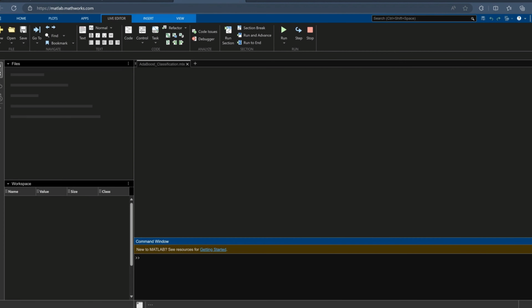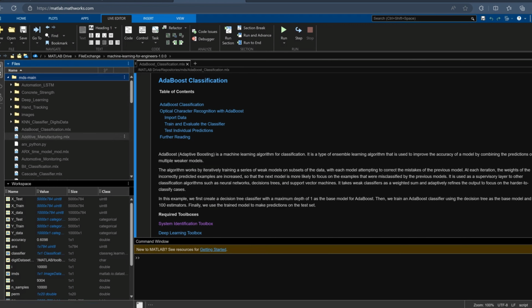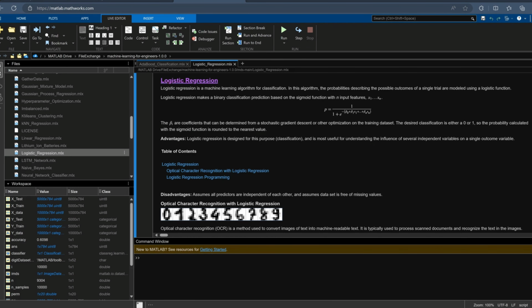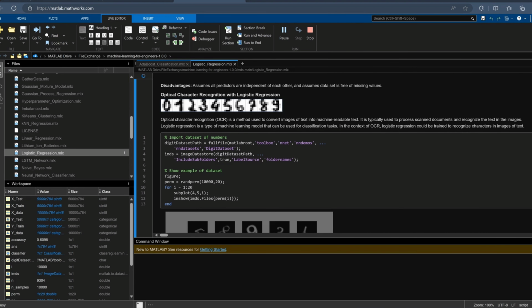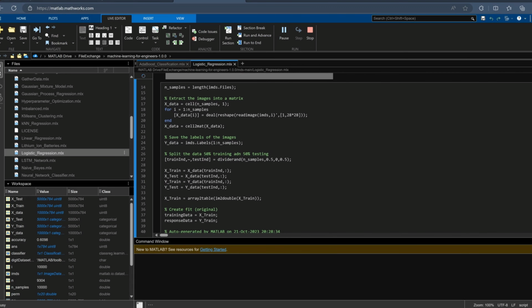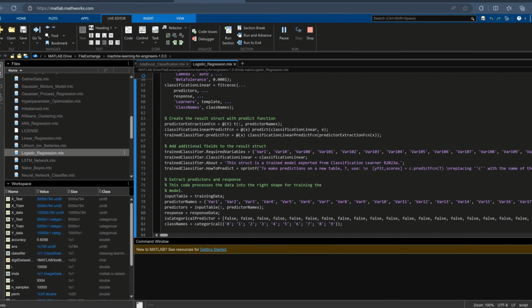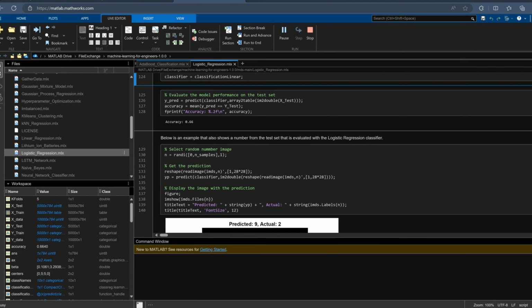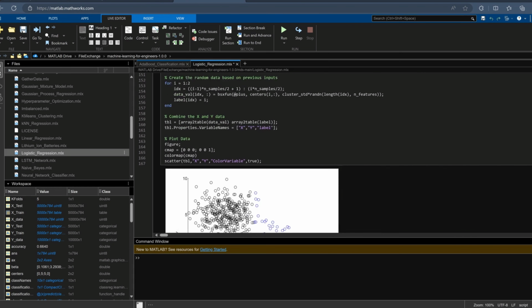And then what I need to do is just select, this one has AdaBoost already, but what I want to do is come down here to logistic regression. And there I have the learning exercise for logistic regression that shows how to train logistic regression from scratch. So you're not just calling a package. You can do that, but it also shows the details of how to program logistic regression without using any package. So it gives some more details about the learning methods. And we're using number classification in this case.